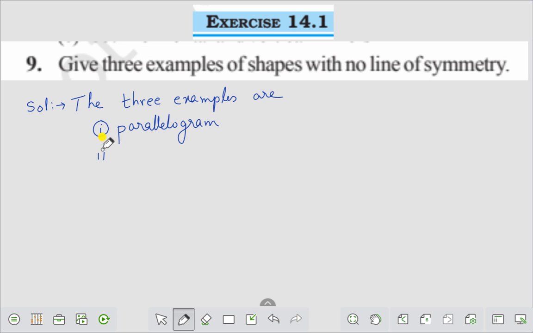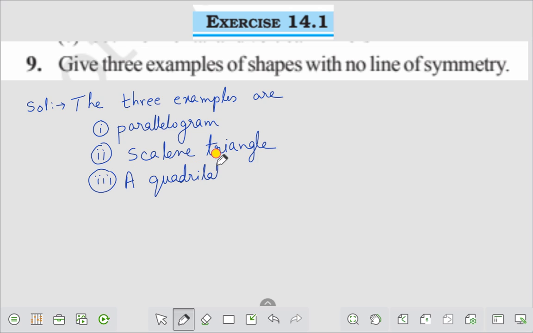and number two is, in the case of scalene triangle, and a quadrilateral, a quadrilateral like this. Suppose this is a quadrilateral, then we will not get a line of symmetry A, B, C,